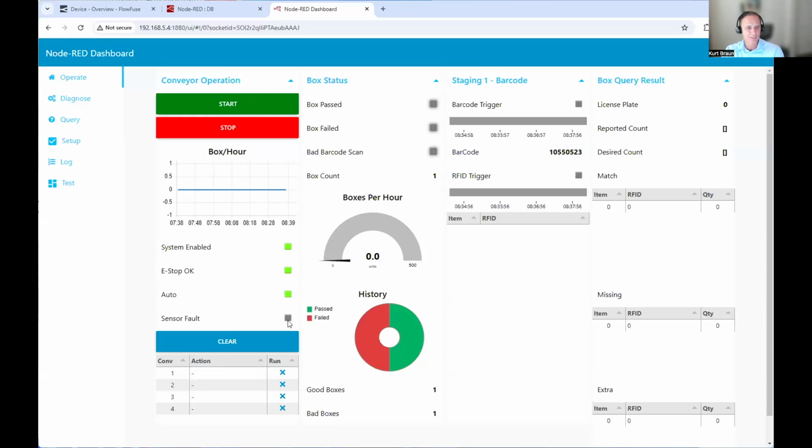There's alarming conditions. There's a nice table. This UI table is just awesome. I mean, you can do so much with it. So I'm using it in several different ways. Here I'm using it to show the status of every conveyor, whether it's running or if it's querying a box or whatever it's doing at that time, which is helpful. And then there's just a lot of status information on how